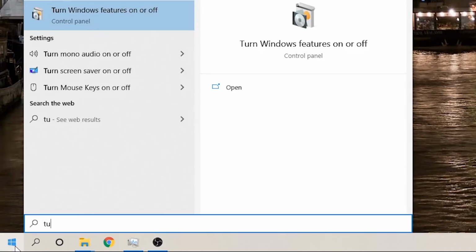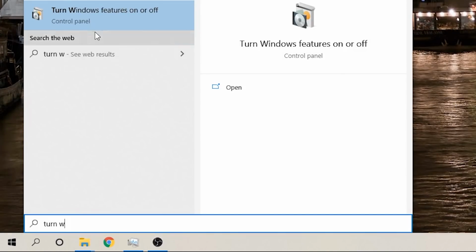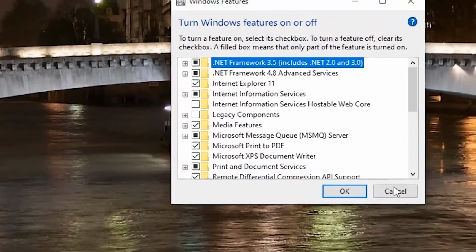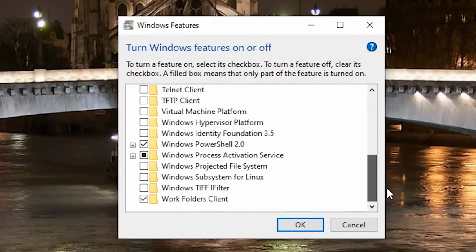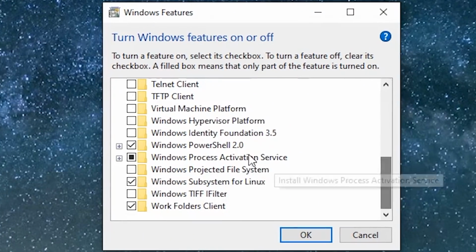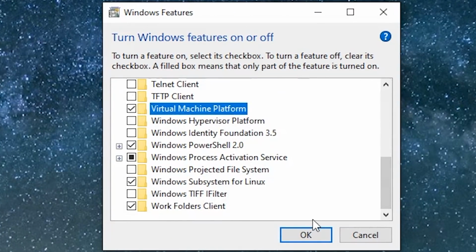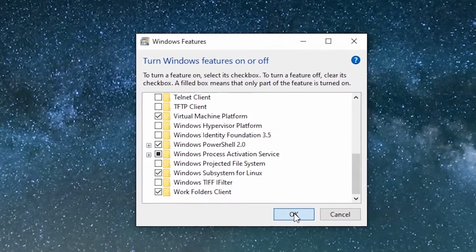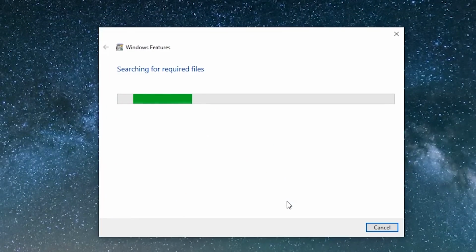So to install WSL and WSL2, you need to go down to the Start menu and type in Turn Windows Features On or Off. Click on the icon that you get and make sure you tick Windows Subsystem for Linux. And then specifically for version 2, you need to make sure you tick Virtual Machine Platform. Windows will then download all the bits it needs to do and install it, and then you will need to